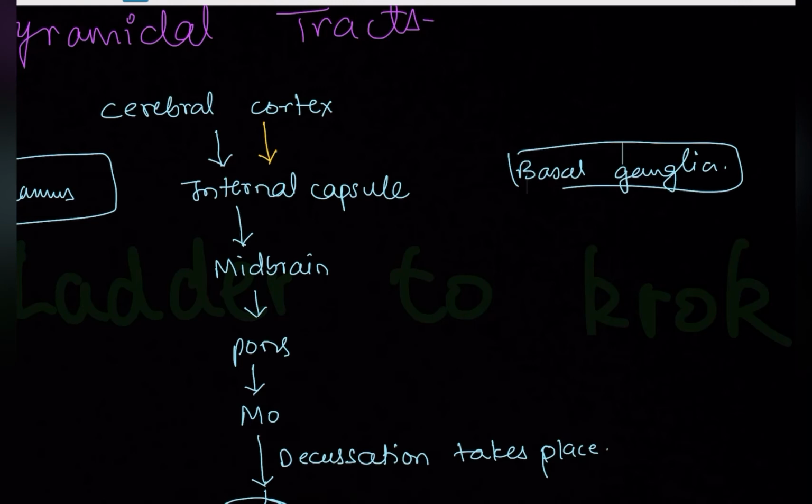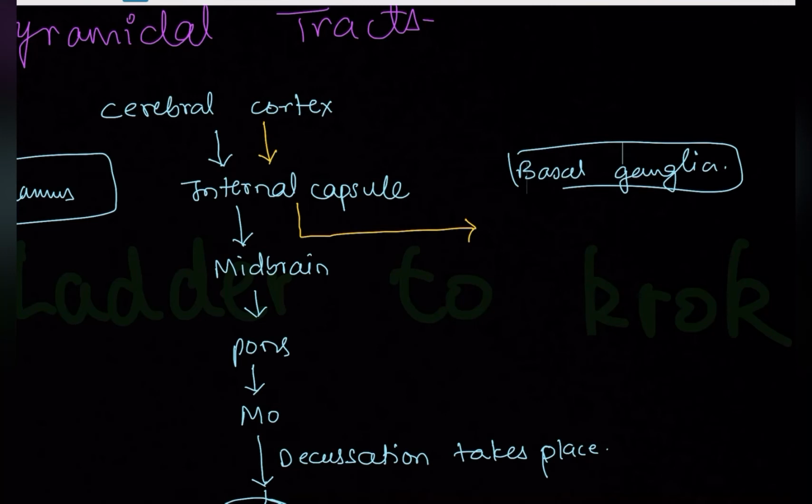So from here, what you have to remember is that from the internal capsule, the impulse will move to a particular cranial nucleus. For example, if I talk about the trochlear nerve, which was cranial nerve number 4. I told you before that the nucleus of cranial nerve 4 is present in the midbrain. So these neurons coming from the cerebral cortex will go and meet the nucleus of the trochlear nerve, which is present in the midbrain. From the midbrain, the trochlear nerve will arise after the synapse with the trochlear nucleus. Then from there, the trochlear nerve will go and give the information to the superior oblique muscle. This is how the function will be performed.